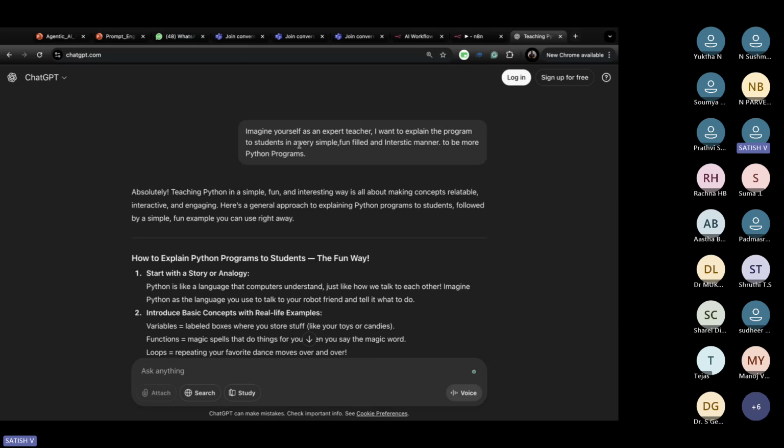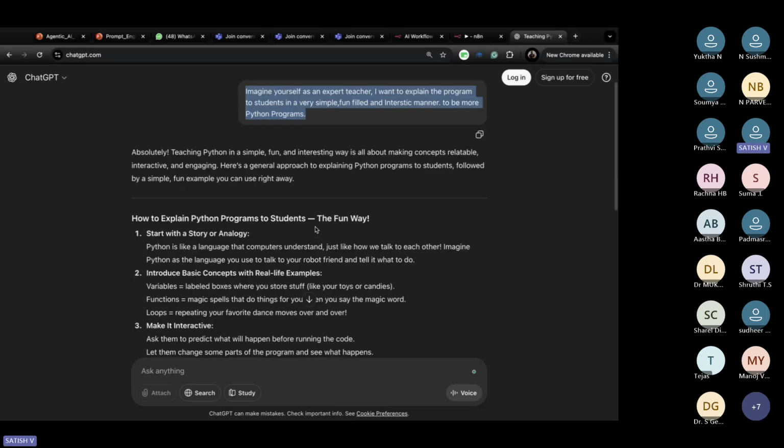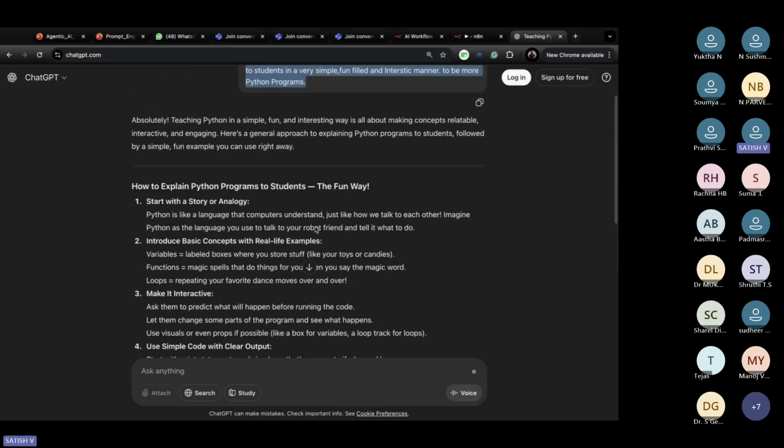Here, if you see the context, I'm telling it to be an expert teacher, and I'm telling it the target audience is my students, and I'm adding a few adjectives like simple, fun-filled, and interesting manner. Next is what exactly is to be learned, which is Python programming. If we start following these things in our prompting, we can see a completely different way of using the AI, right? So this is how we can achieve maximum benefit